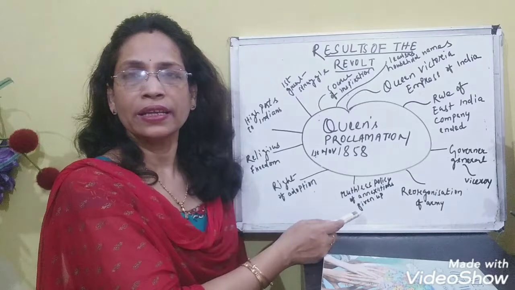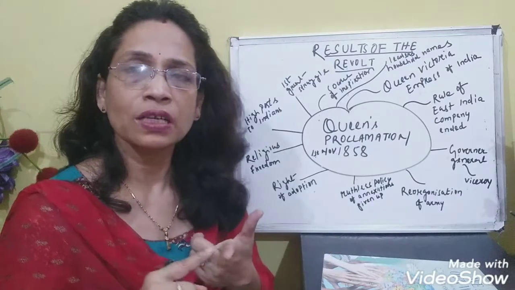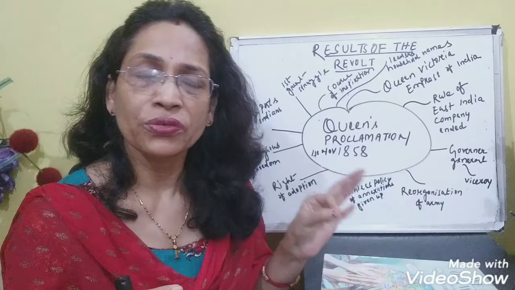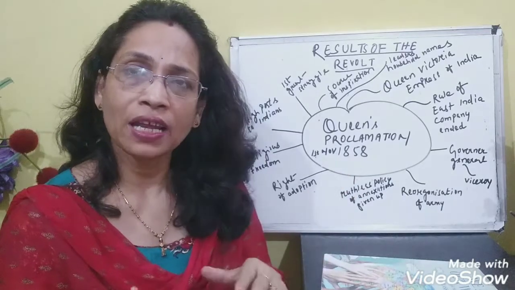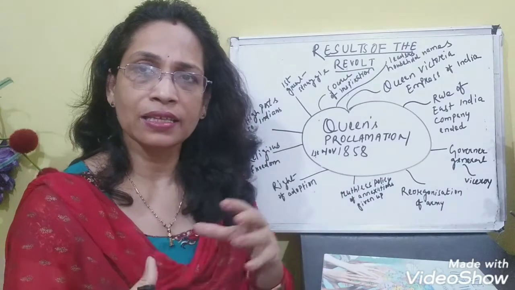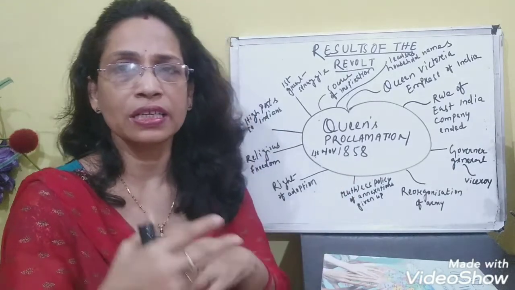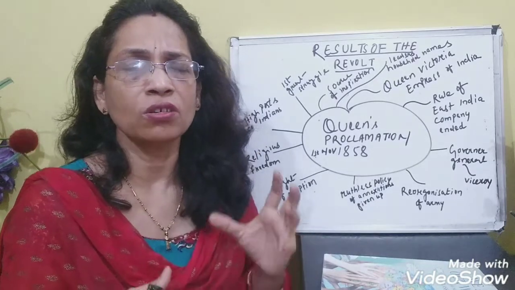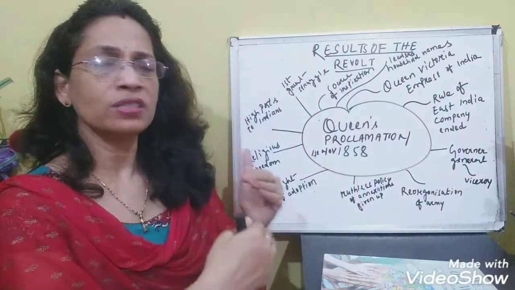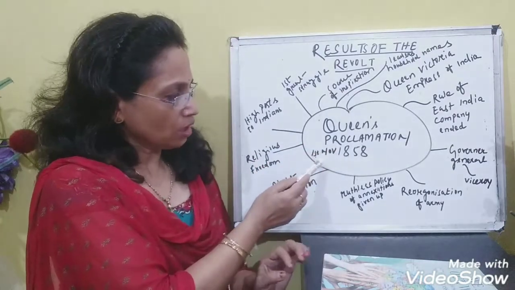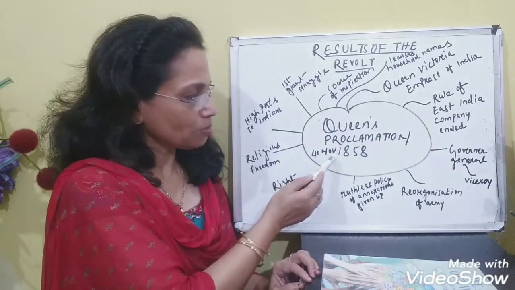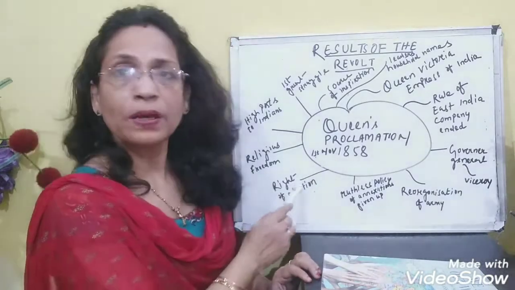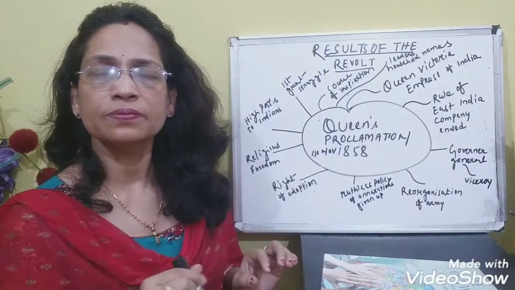Ruthless policy of annexation was given up. हमने पढ़ा था like Doctrine of Lapse and Lord Wellesley's Subsidiary Alliance. ये अलायंस से, ये पॉलिसी से ब्रिटिश गवर्नमेंट किसी के भी टेरिटरी ले सकता था. तो इस तरह के ruthless policy और नहीं फॉलो करेंगे. So that was declared in the Queen's Proclamation. और Queen's Proclamation कब आया? 1 नवंबर 1858.